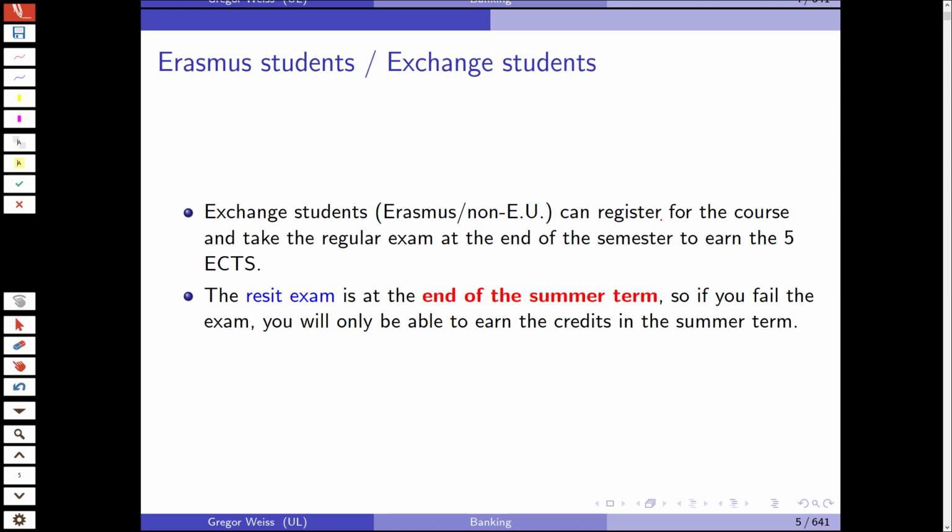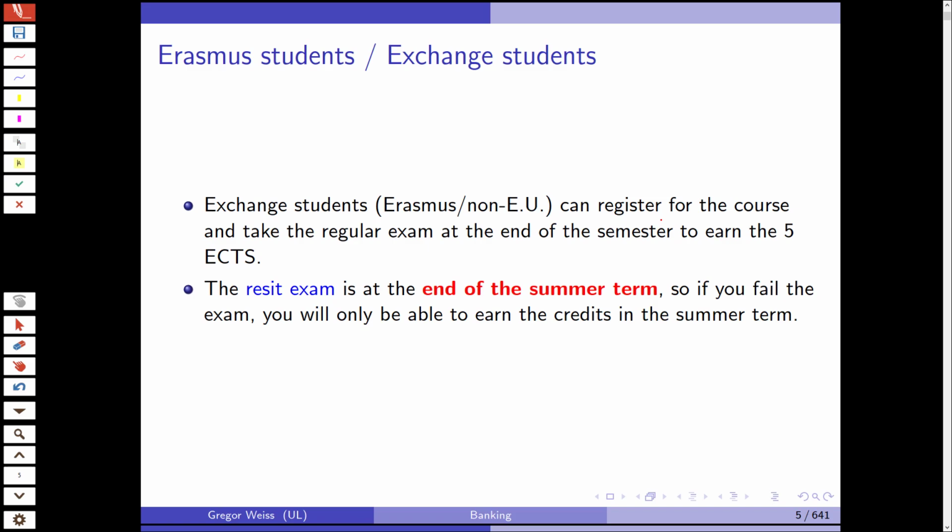So exchange students, math students, economics, bachelor, etc. Everyone takes the same exam. You can take the exam, those exchange students. There is no Erasmus term paper. Please take the regular exam, and take note of the fact that